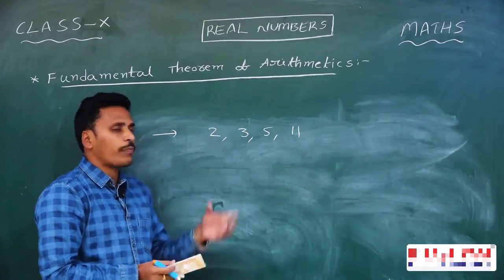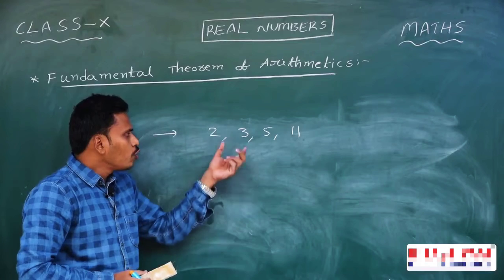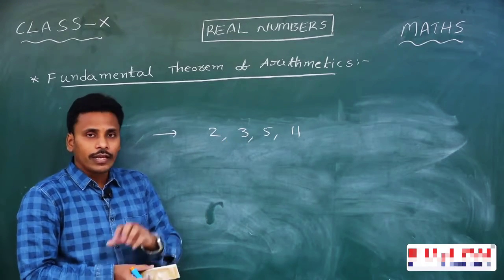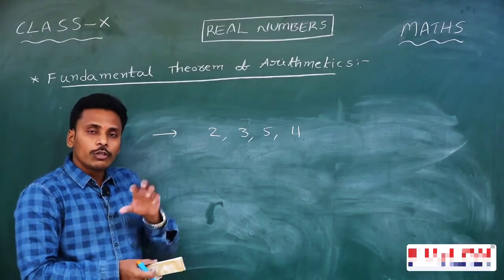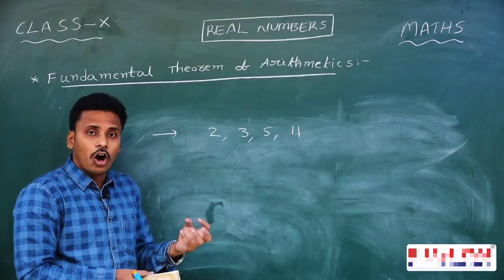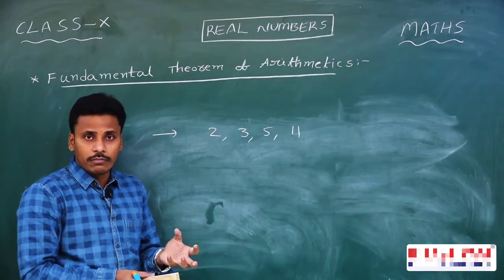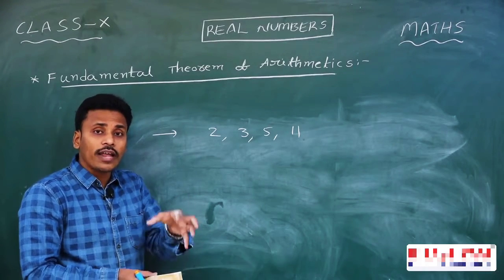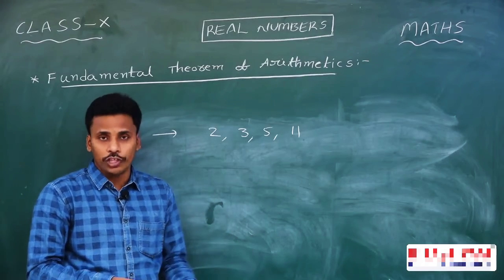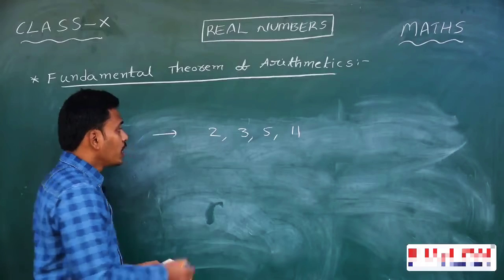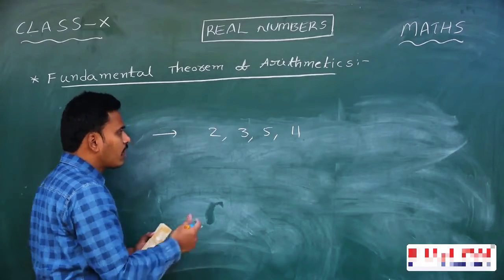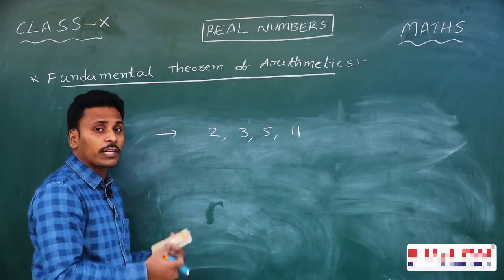Right, these are the prime numbers with me. And now you just multiply these prime numbers in all the possible ways. In all possible ways in the sense, you just multiply these primes by taking all the numbers or by taking a few of the numbers. At the same time, you are allowed to repeat any number as many times as you wish. That's what I am saying, you just observe these primes 2, 3, 5 and 11. You just multiply the numbers and try to make some other positive numbers.